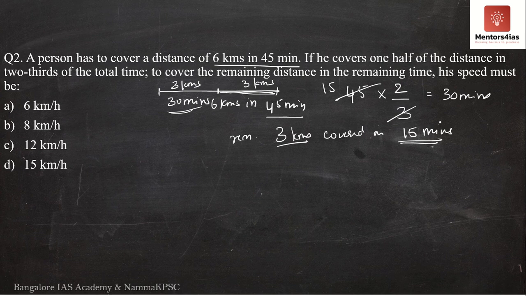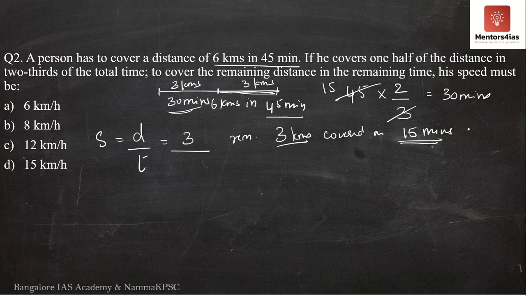So we have distance, we have time. Can we find out speed? Yes, we can. S is nothing but distance by time. So distance is 3 divided by time. Time is 15 minutes. However, if you look at the options over here, the options are in terms of kilometers per hour. Distance is already there in terms of kilometers. However, time is in terms of minutes. But we want it in terms of hours because all the options are in terms of hours. So now we have to convert it into hours.